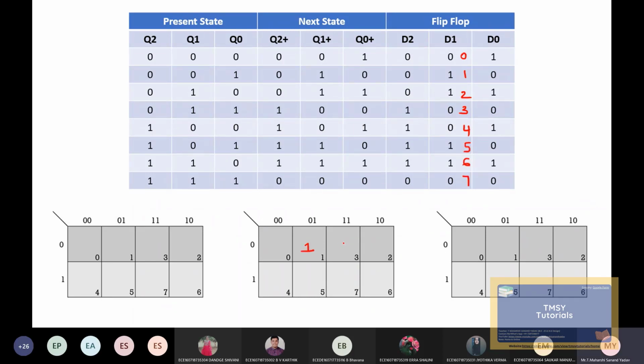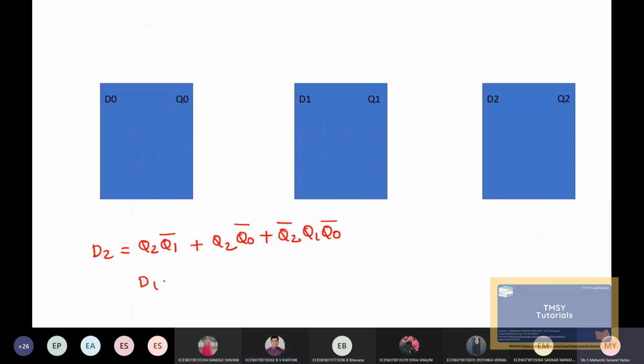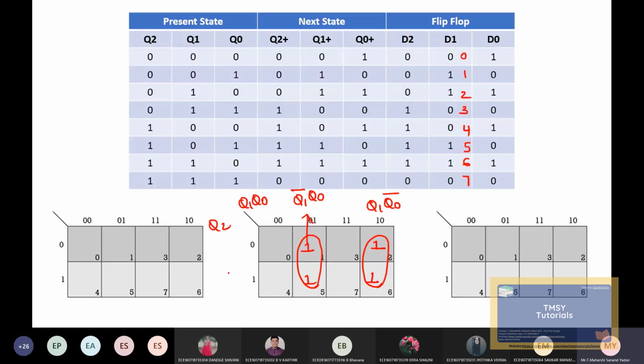So for 1, 2, 5, 6, I'm getting two pairs. Tell me the answer. This is Q2, Q1, Q0. So for this, I'll get answer as Q1 bar Q0, and here Q1 Q0 bar. That is Q1 XOR Q0. So directly I can write as XOR. So D1 is equal to Q1 XOR Q0.